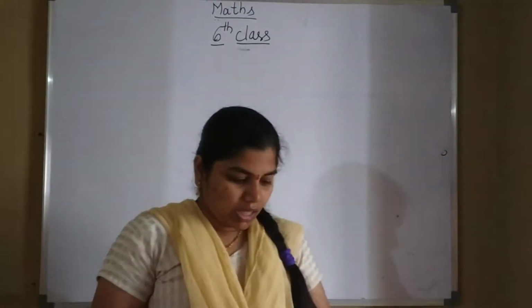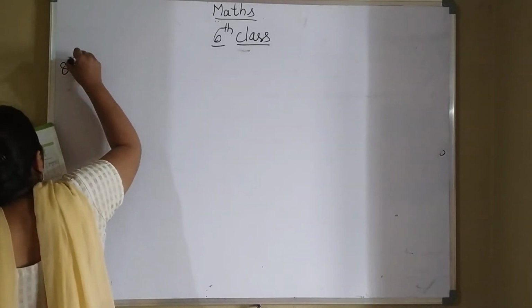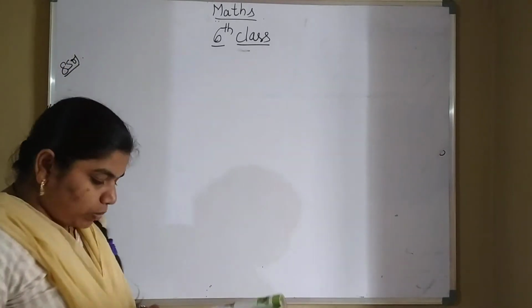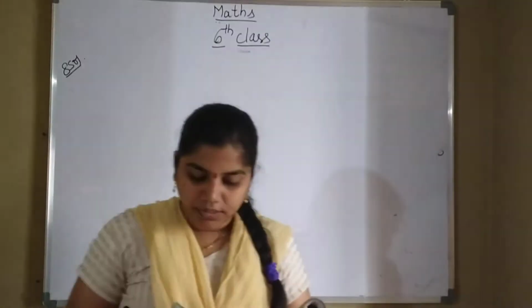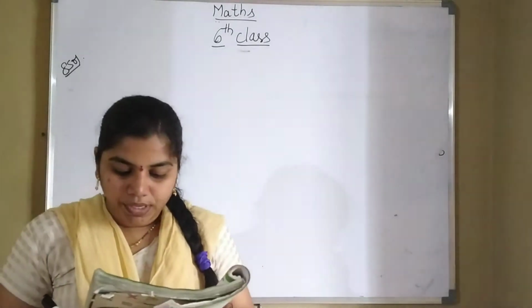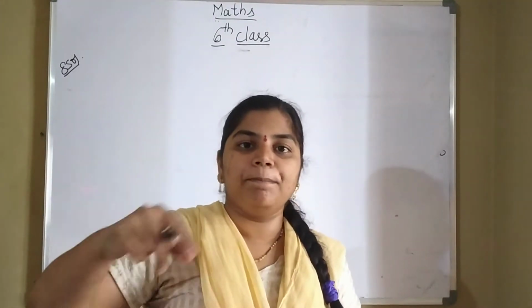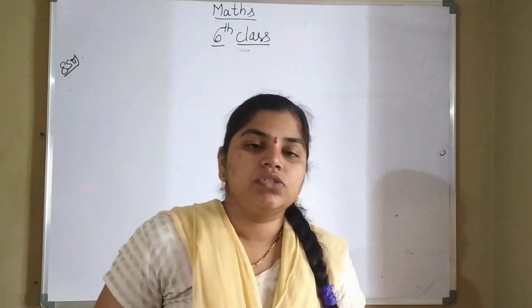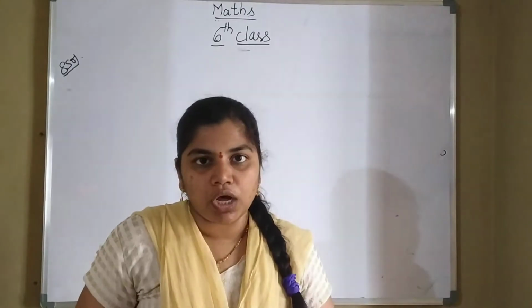So that is 8th bit. So what is 8th one? Find the smallest number that should be added to 123 so that it becomes exactly divisible by 5. So for this 123, how much you have to add to make that number divisible by 5? So what is the divisibility rule of 5? Last number should be 0 or 5.